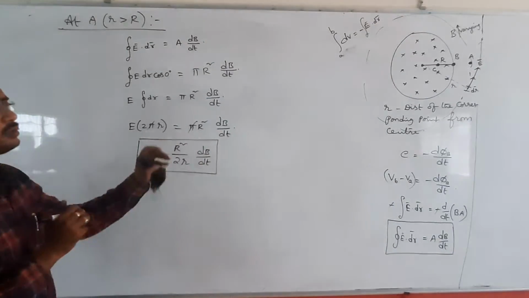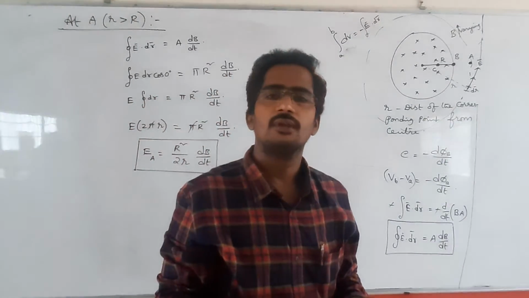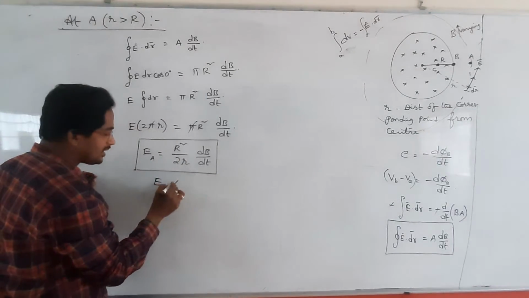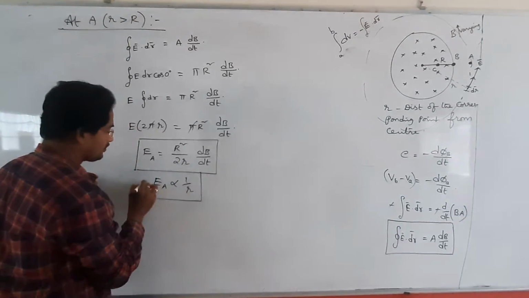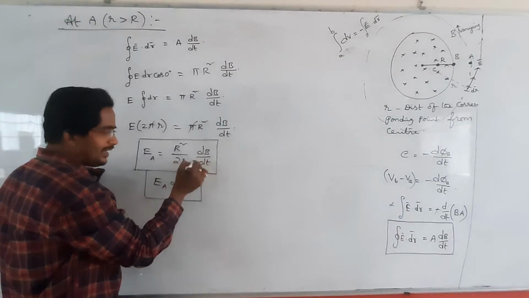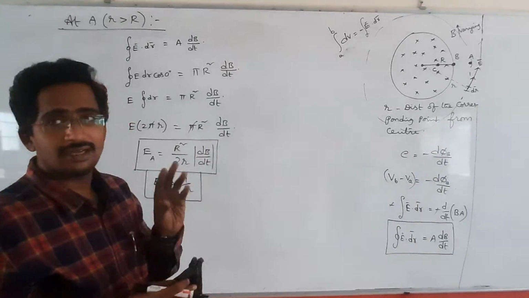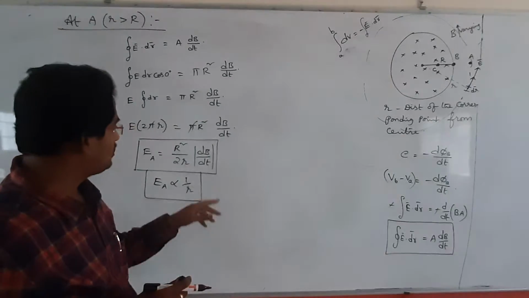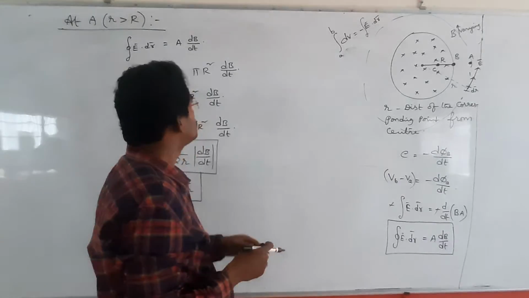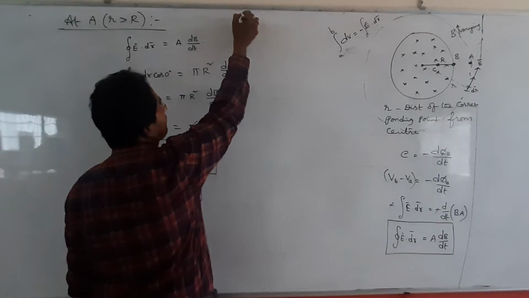Outside that cylindrical magnetic field region, how is the electric field related with the smaller r? Inversely proportional. So with that, you may write this dB by dt also as mod of dB by dt. No wrong data, you may write it as dB by dt or mod of dB by dt, your wish. Okay, so with point A over, come to the point B.